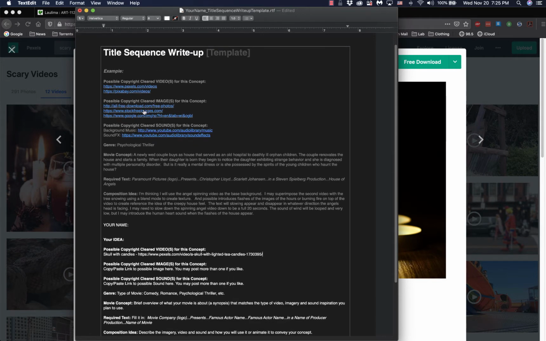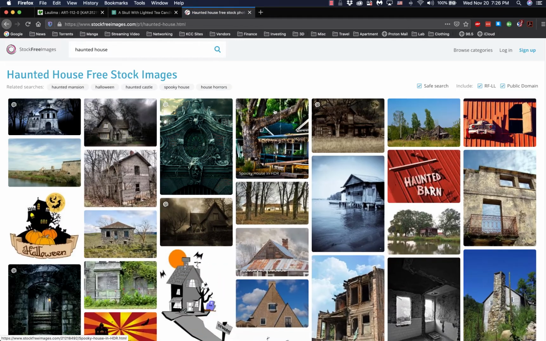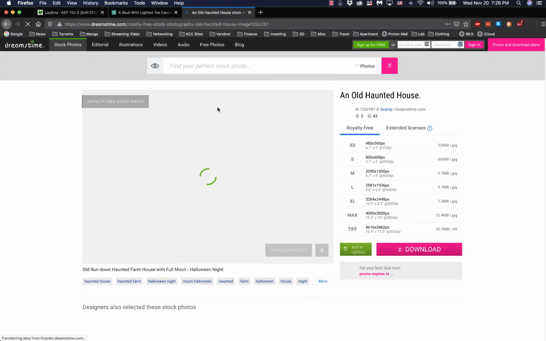images or photographs. Let's click on this link right here, stock free images. Okay, I've already gone ahead and typed in haunted house. Let's take a look if they have any images for haunted houses for our movie. There's a whole bunch. You have to be careful though. Some of them, they say it's free, but you might have to join a website. Like you notice some of these images have the little spiral. That's for a website where you have to. It's probably free, but you have to join. Okay, so you may want to avoid